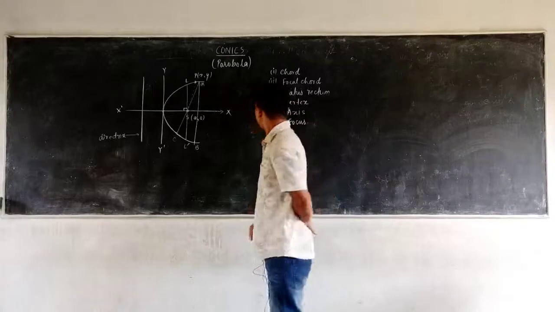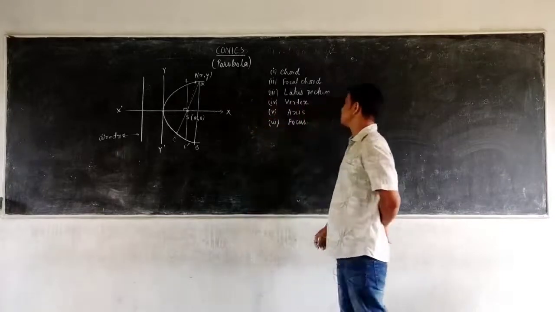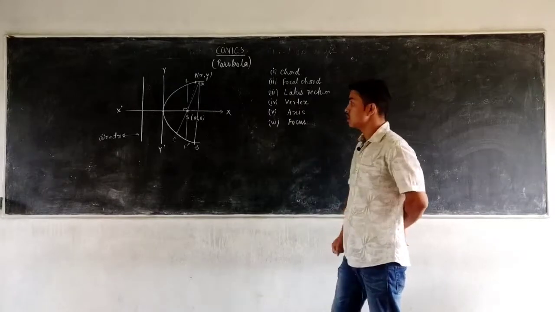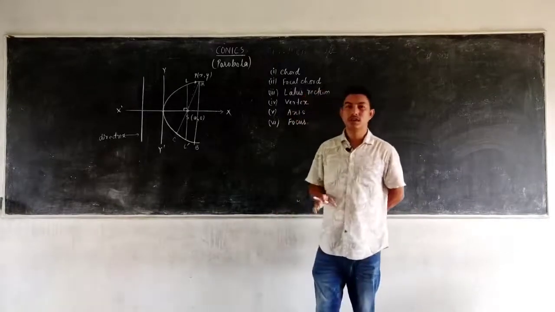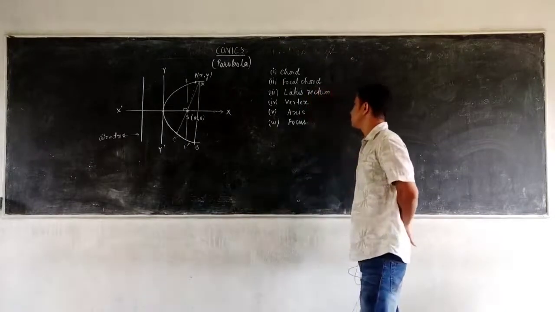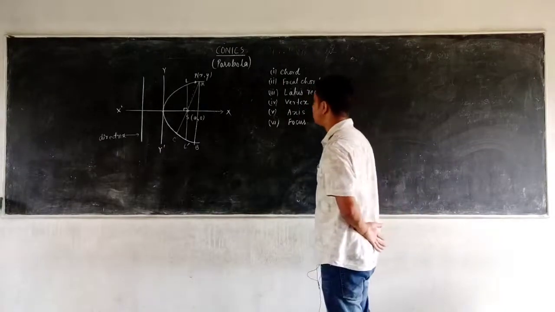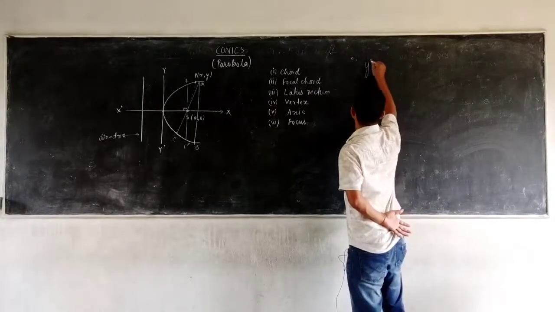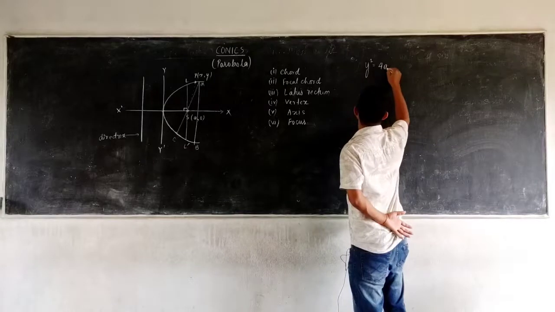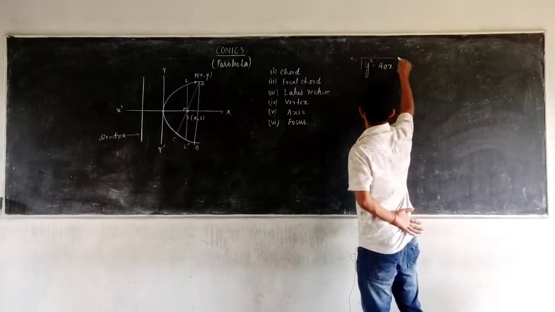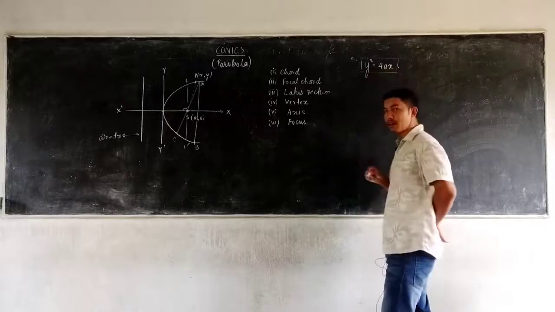So now you will be asked to find the length of the latus rectum, or sometimes you will be asked to find the vertex, sometimes you will be asked to find the focus. So in that case there is some way to remember the length, vertex, axis and the focus of the given parabola. The standard equation of the parabola we have is y square is equals to 4ax. This is the equation of what we call a positive parabola.